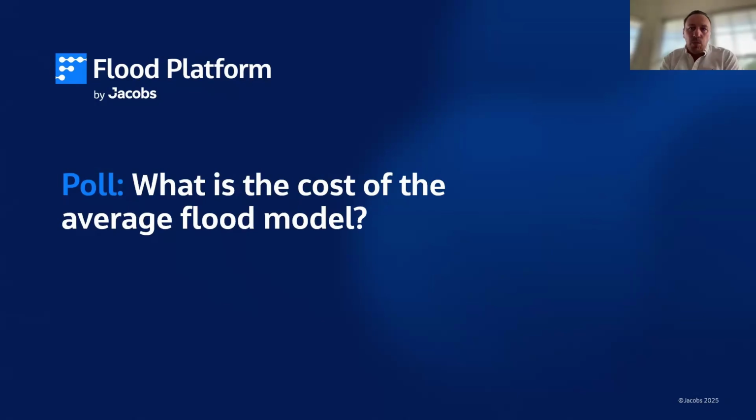But Sophia, yeah, that probably is what I was expecting. Little site-based models might be less than 15,000, or very simplistic models in the less than 15,000, up to very complex whole of catchment Monte Carlo style flood models, which would be in that over 200 to over 500K value. So I guess it just goes to show that when we talk about flood model and flood modeling, there's a really large spectrum there in terms of the investment that various people, even just on this webinar, are putting into building those flood models to support decision making. So yeah, that's really interesting and probably what I expected to see.